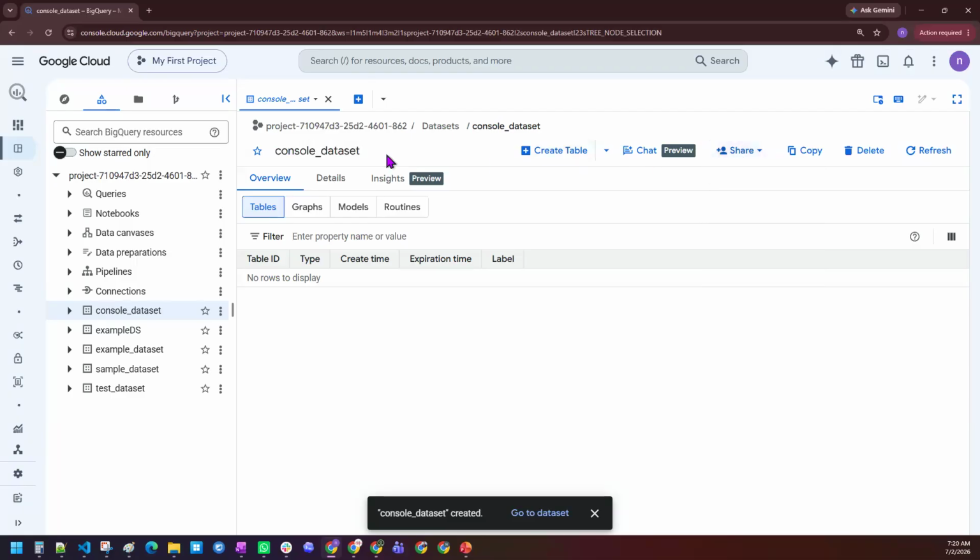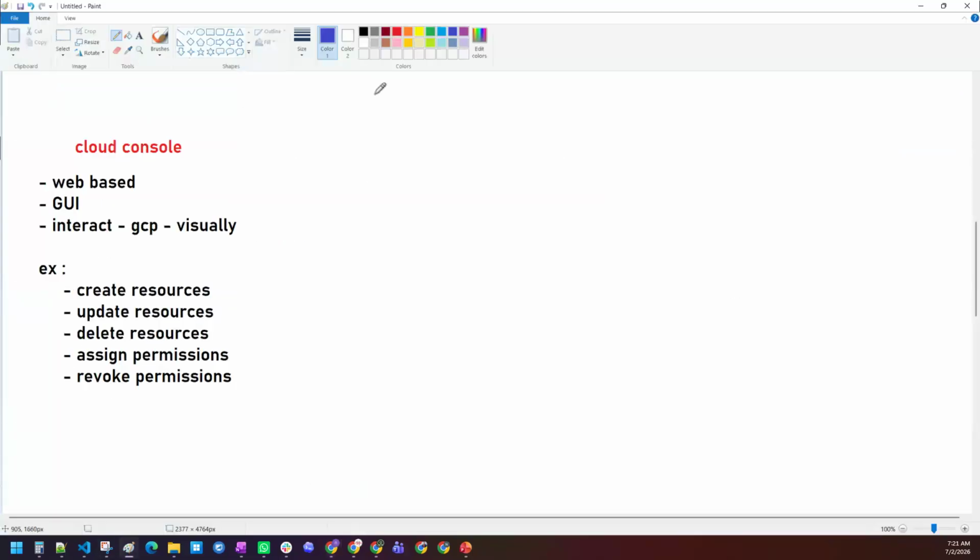I have an option to create tables under it. A lot of features I have on the console. This is what is called a graphical user interface, nothing but your console. I can create a resource, modify a resource, delete a resource, assign the permissions, and revoke the permissions also. That's nothing but the Cloud Console. I hope that is clear.